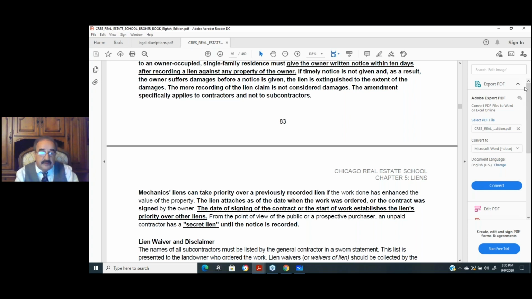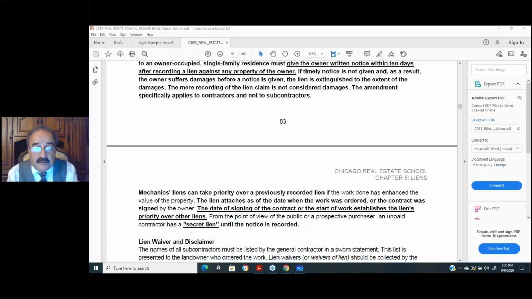Okay, got another question here. What happens with the contractor's lien and additional charges? Well, they have to prove that they have a signed contract for the work that they agreed to perform. Now, if a contractor does any additional work, they better get the signature of the owner that they got permission to do it, and how much it's going to cost.